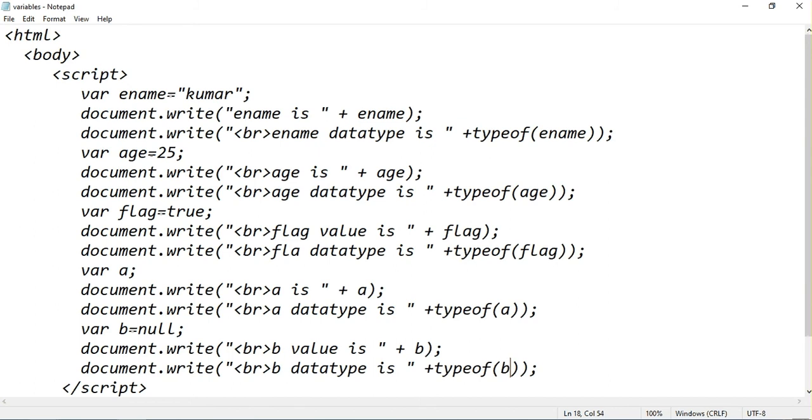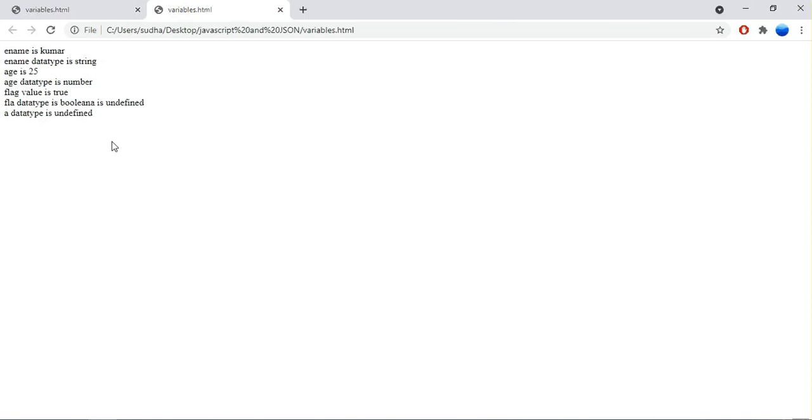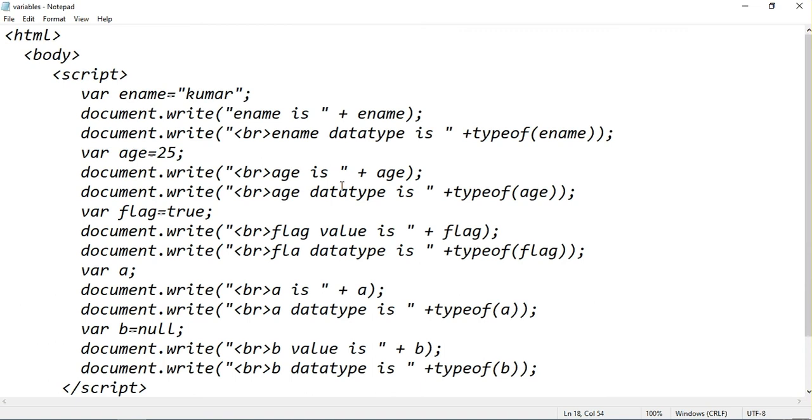Let me execute this code. See here, b value is null, so b data type is object. Like this you can print all the values of the variables and all the data types of the variables.